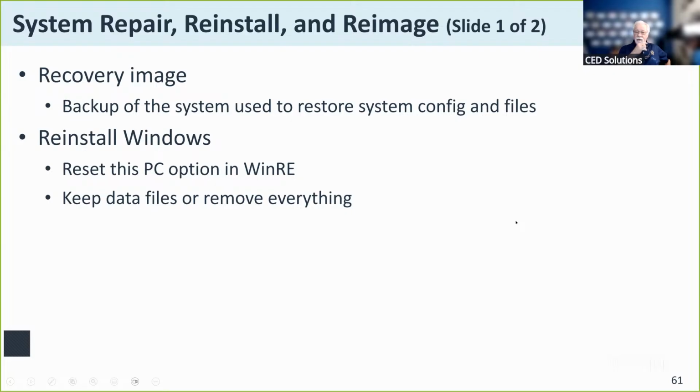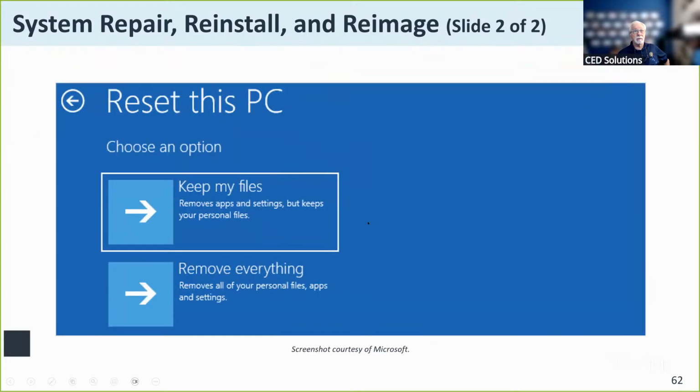Also, when you install Windows, by default, it will create what they call a recovery image. And it's usually on board on your primary disk drive. That's where, when you go into the Windows recovery environment, you can tell it, like on this next page here, keep my files, okay? Reinstall the operating system, all the Windows files, but keep my files.